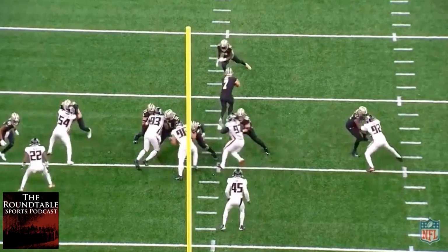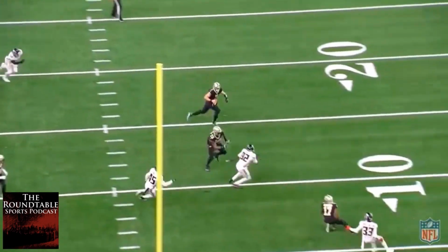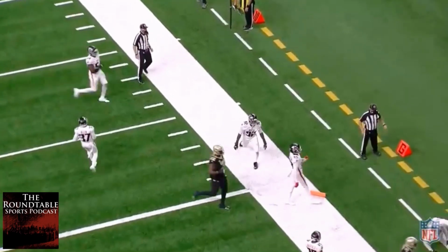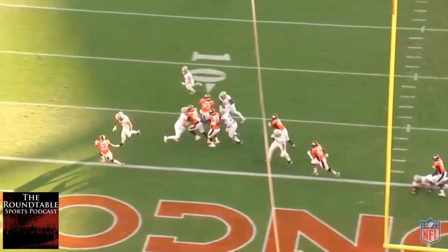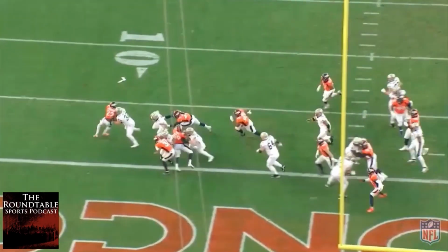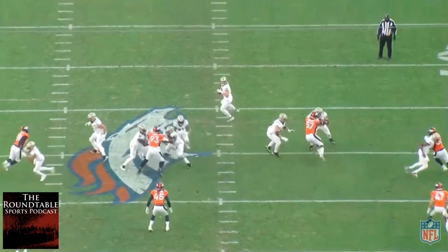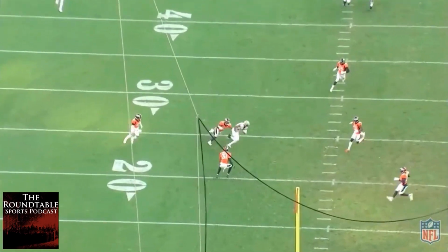They had allowed Taysom to throw some passes in the past, but really it was more his running when Drew Brees was there and they were using him more as a gadget player. You notice when you see him stretch his legs in this portion of it, as far as his passing goes, that it is effective and that he is a little bit more accurate than you might think with his arm. He isn't Drew Brees level accurate by any means, and I think he still has a lot of development to go as a passer,